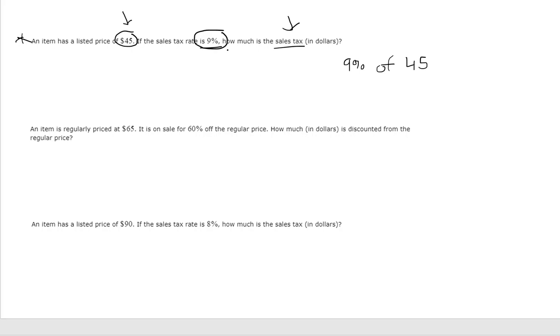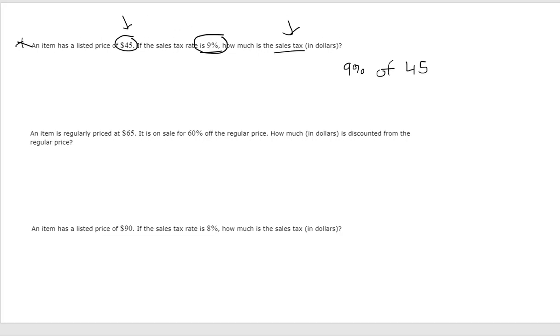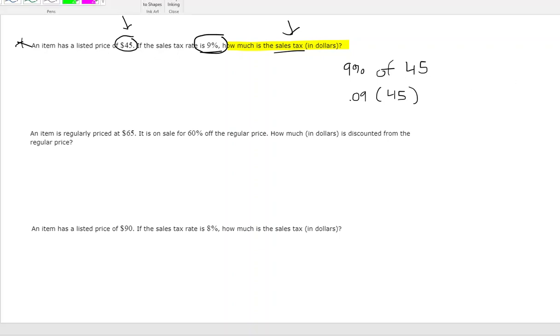And our question that we're answering here is, how much is our sales tax, right? The question's right here. How much is the sales tax? Okay, so to find a percentage of a number, remember of means multiply, we first take the percent, and to remove the percent sign, we divide by 100 and change this into a decimal. So 9%, 9 divided by 100 becomes 0.09. And then the word of means times, and then we have 45. And when you multiply that in your calculator, you get